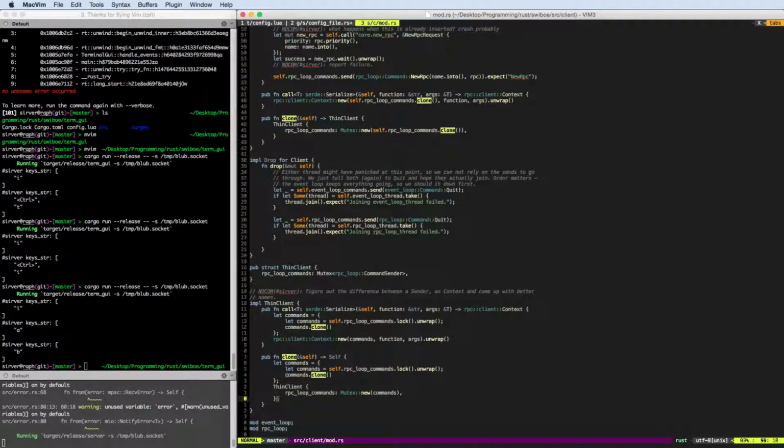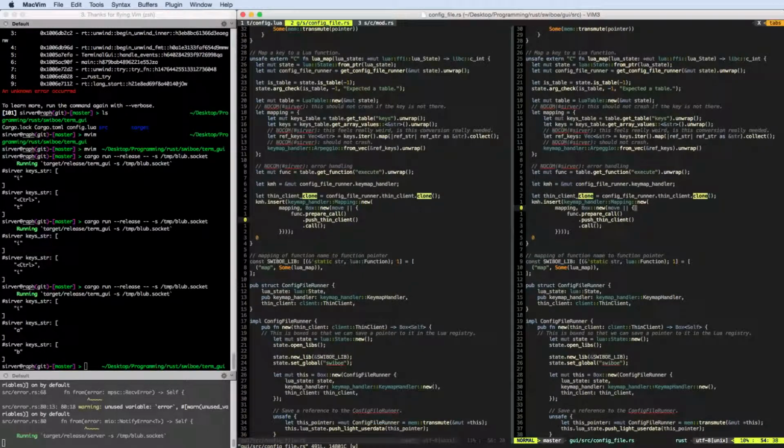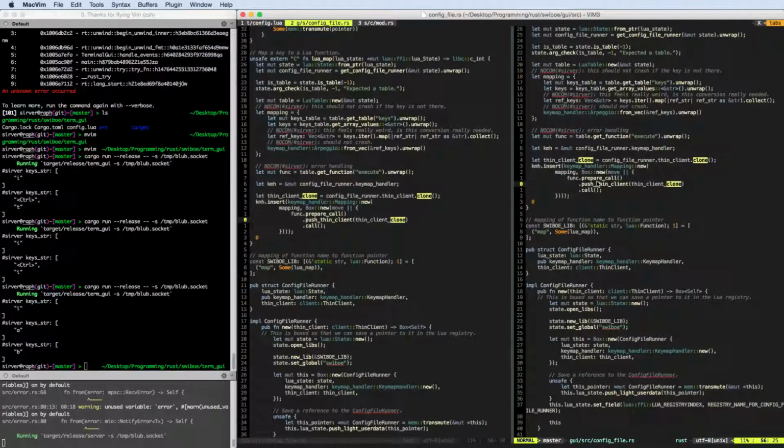It's actually interesting. It's cloning some channel and then wraps them in a mutex. That feels pretty clunky, but for now that seems to be working. Okay, so I think this is looking reasonable. Of course, this needs the thin client clone to actually push it. And we need to implement this method